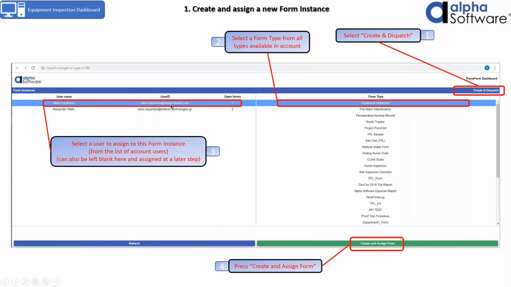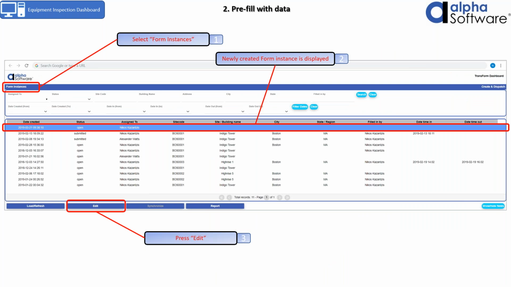I don't necessarily have to assign it to someone. I can leave it blank, so I can just create a new form instance. I can pre-fill it from the back end, from the back office, and then assign it to someone. So it really depends on the workflow that anyone would need. Okay. And then we have a form instances screen. This is now what shows the form instances as they've been submitted. So this is essentially